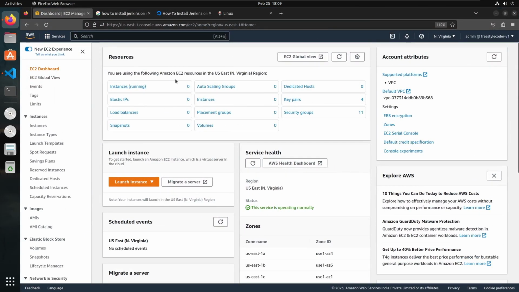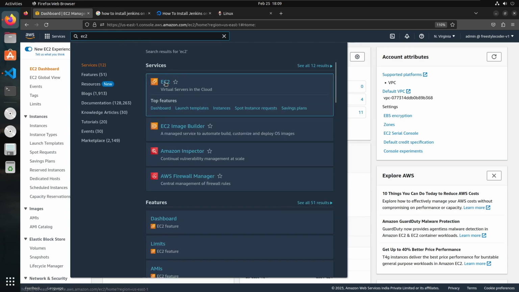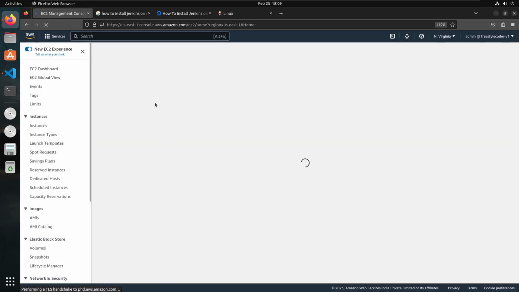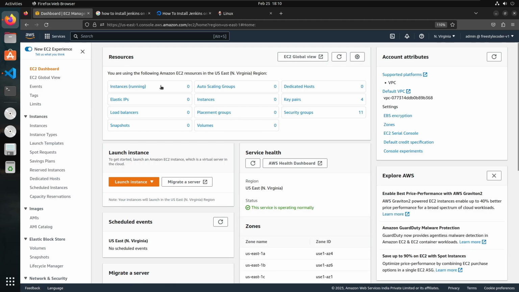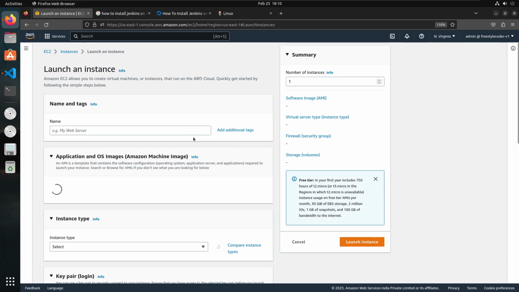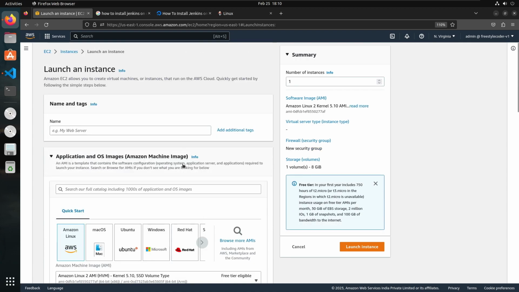You have to log in to your AWS console and then search EC2 here and click on EC2. You will be able to see the EC2 dashboard. Currently there is no instance running in my AWS account. So click on launch instance. So you will be able to see this page. You have to provide a name for your instance. So I am providing Jenkins